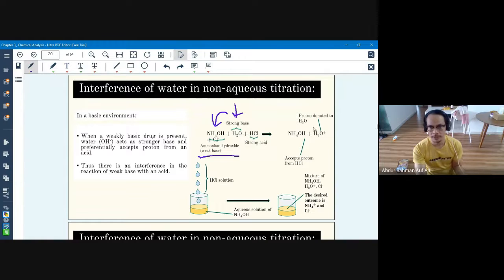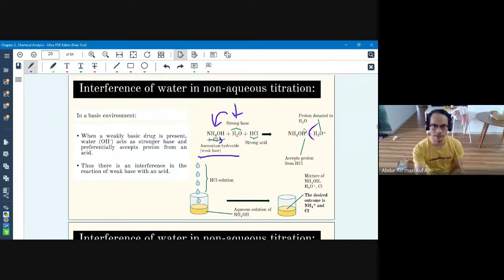So the reaction is not between HCl dan juga ammonium hydroxide as we wanted, tetapi between water dan juga HCl. Because water telah mengganggu. So just imagine water ni macam a third party. So in a relationship, katakanlah macam ada another party join in, orang ketiga lah. Okay, that's how I understood it. So instead of these two bertindak balas, H2O akan come in the middle and dia akan bertindak balas instead.